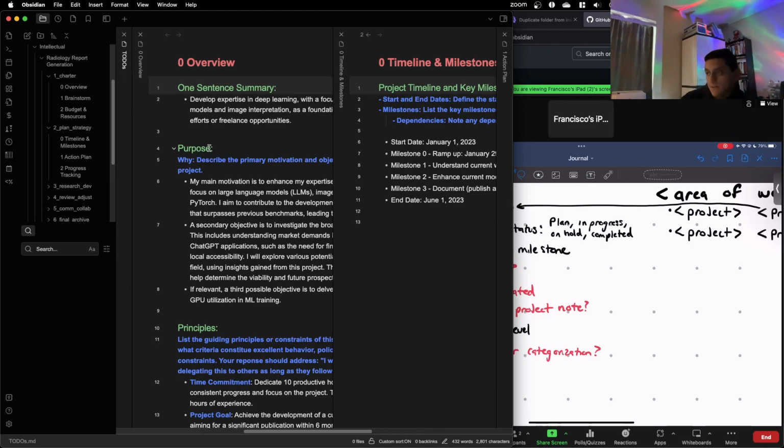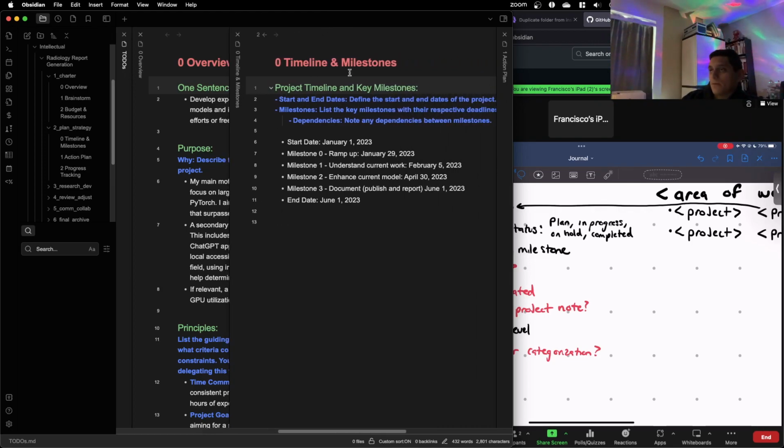For now, let's assume it all comes from timeline and milestones, because then the only thing we have to add is a project name, and priority level and tags for customization. So let's assume for now this is going to be the file where we store our data.